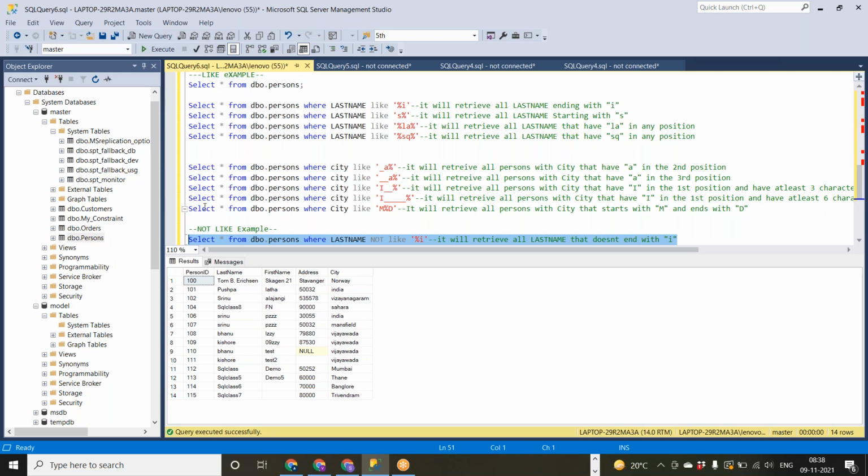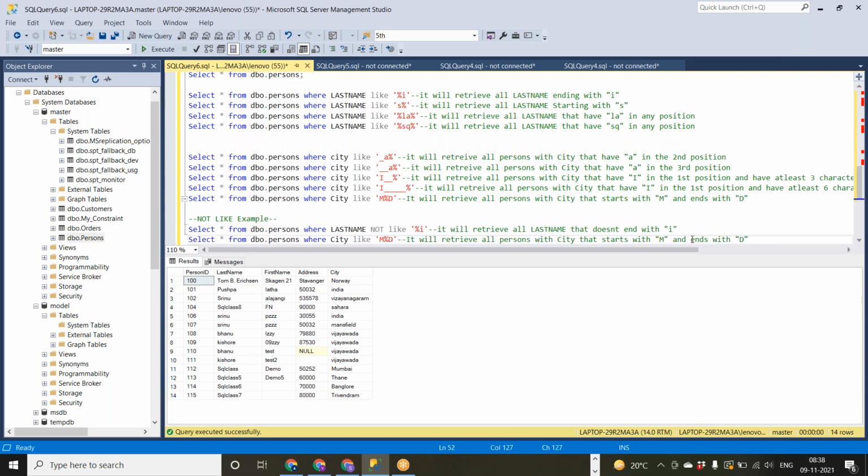Suppose this one. Same examples you can use. So what it does, it will retrieve all the persons with city that doesn't start with M and C. If you see, Mansfield is skipped, right?